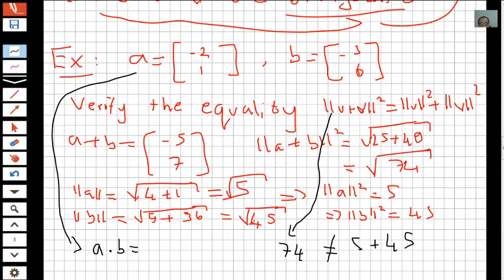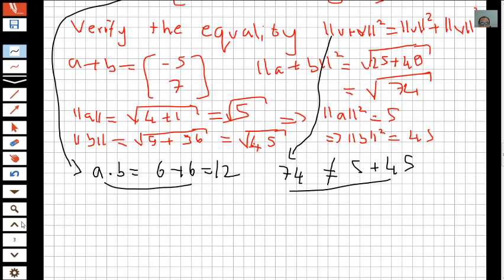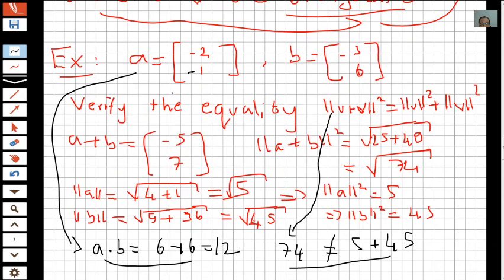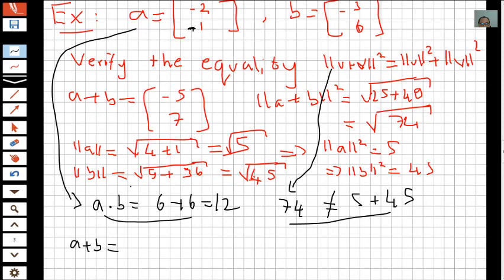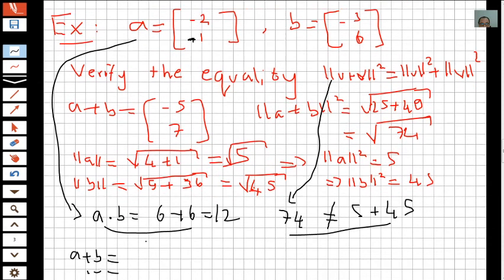When we look at the dot product, plus 6 becomes 12. Therefore, they are not orthogonal. If we have minus 1 here, let's calculate again. In the case the second component is minus 1, the addition of them will be